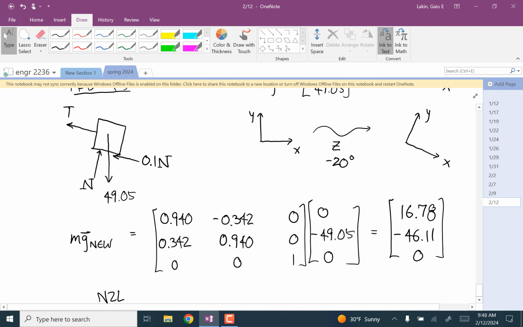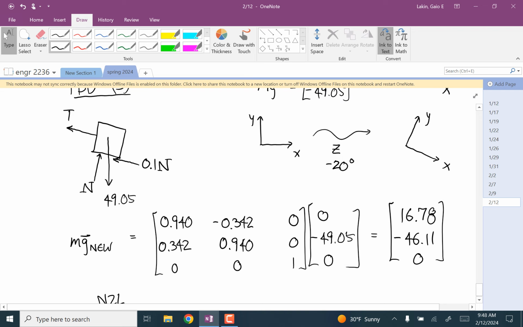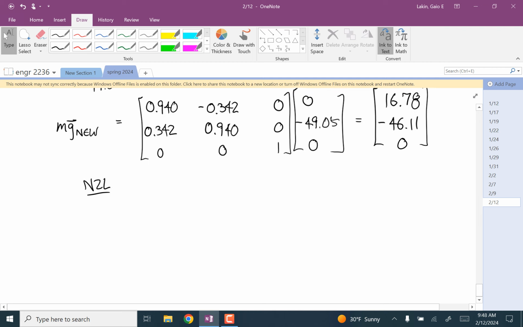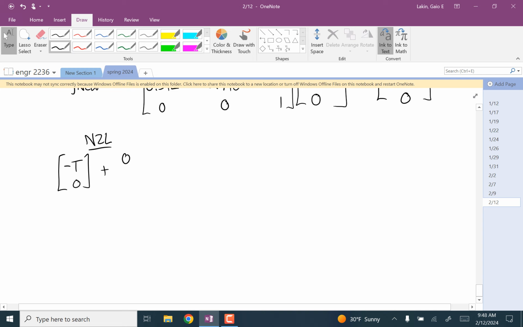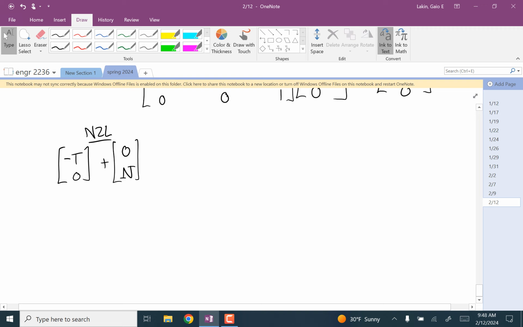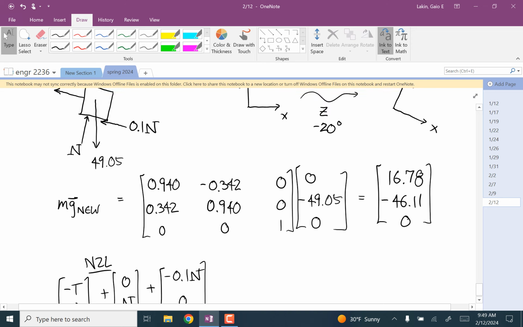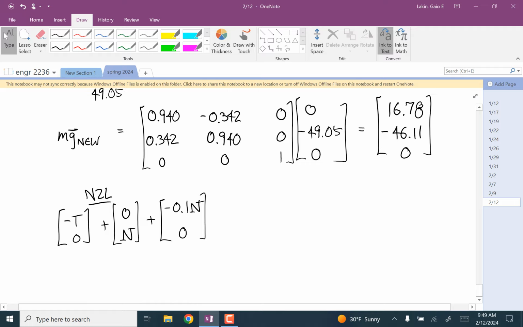Okay, so Newton's second law now says that T is in our negative x direction. N is in our positive y direction. The friction force is in our negative x direction. What else do we have? And then the weight force, 16.78, negative 46.11,